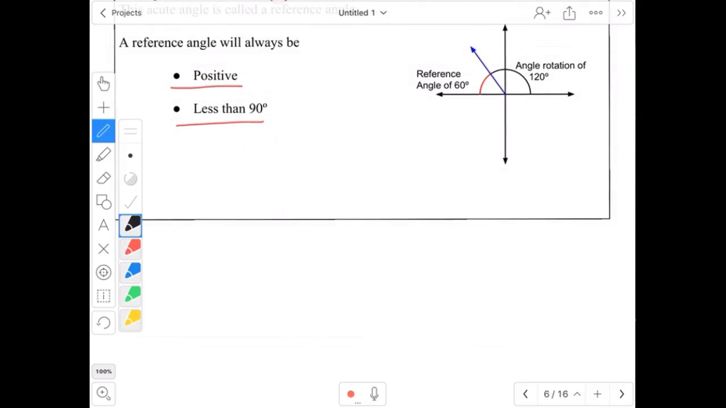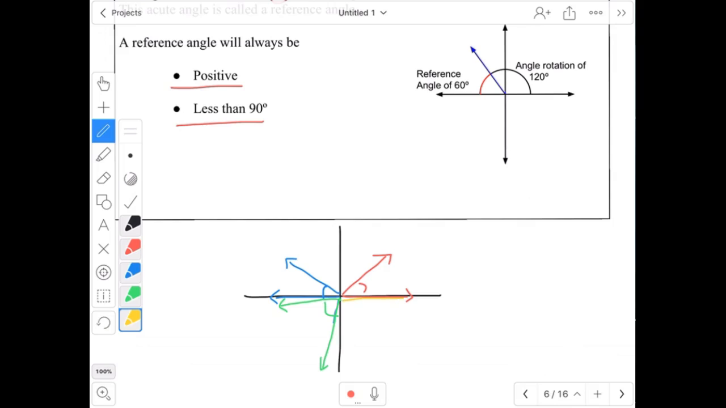So the 4 places that a reference angle could take place would be quadrant 1. So this would be our angle. It could end up in quadrant 2, where again we still have an acute angle. I'll switch colors. Quadrant 3 could be wider, but it's still acute. Or it could be in quadrant 4. So any of these are possibly reference angles. We'll take a look at how we would figure out which of those, depending on our angle, will be our